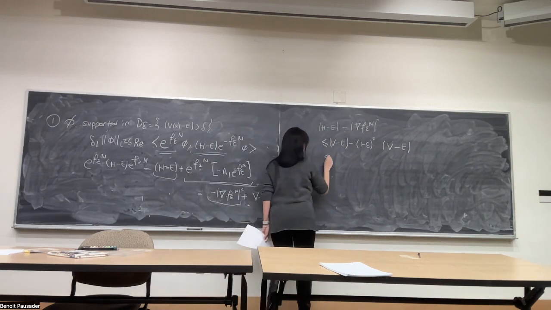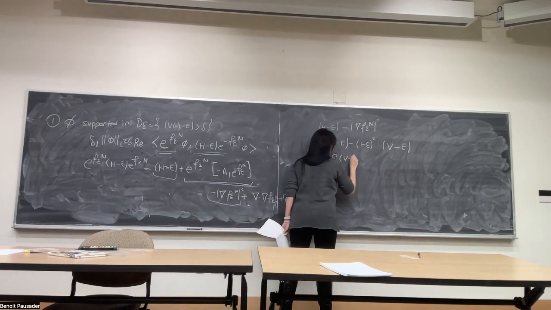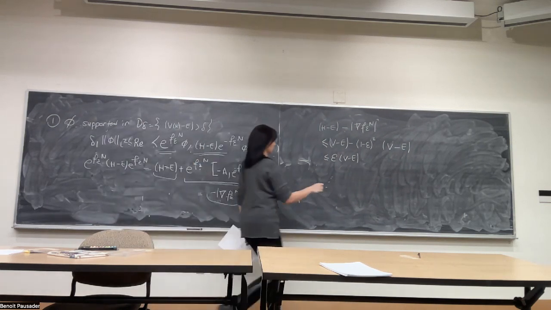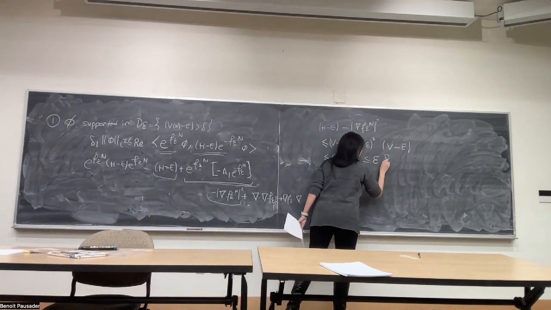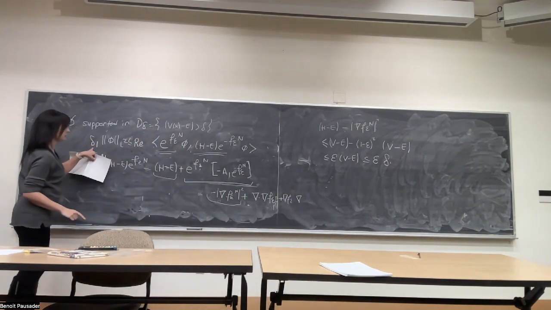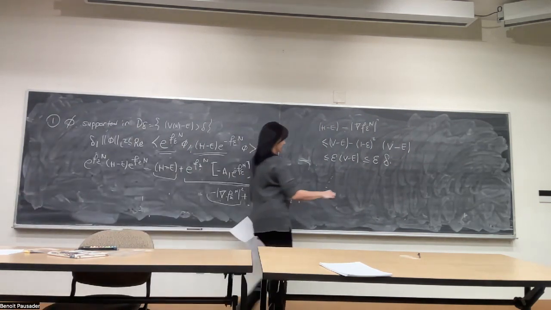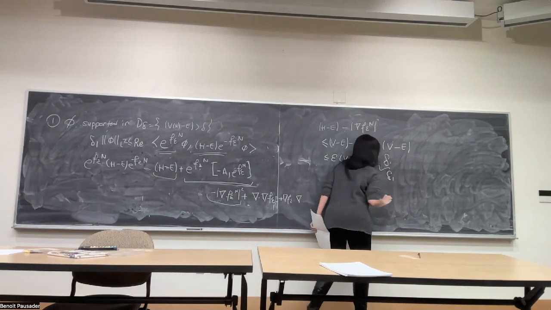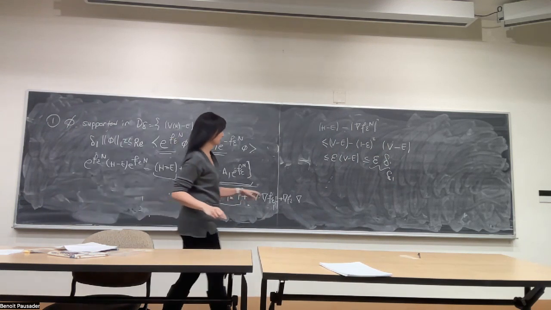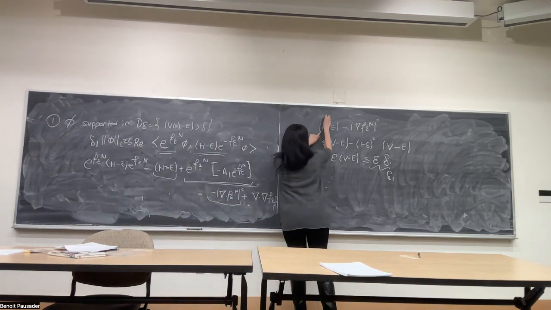And now you see this is going to be less than epsilon times V minus E, and that will be less than epsilon times the delta that we picked over here. So in fact, this delta 1